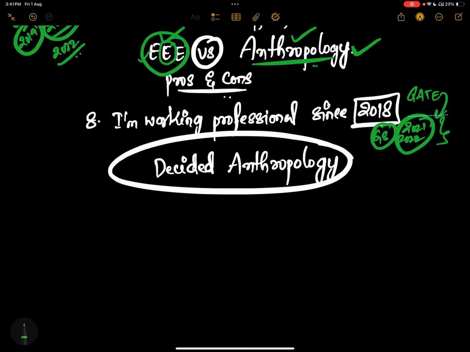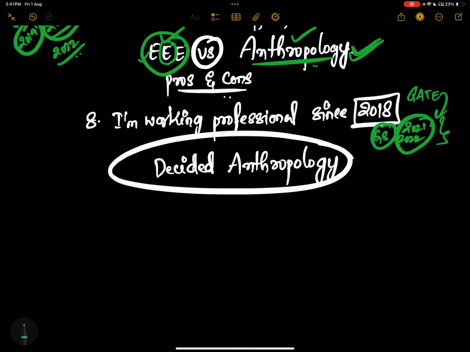in these two attempts. Since I was a working professional, I had very little time, so I felt I should take anthropology rather than electrical engineering. Of course, I'm working in the electrical department, but most of the engineers call themselves engineers while the departments we work in are not related to engineering. I have to maintain the power supply, which does not link to the subject I have read. I have to deal with consumers. That is not in electrical engineering, and it was not part of my preparation for GATE or engineering services. Most of the time we do managerial posts, not electrical or technical posts.